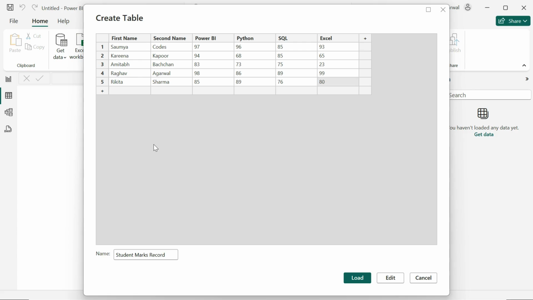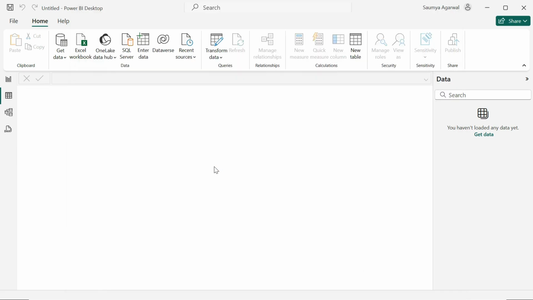I have added 5 records here. Now you can just load it or go to Edit. Inside Edit you will have the Power Query Editor,